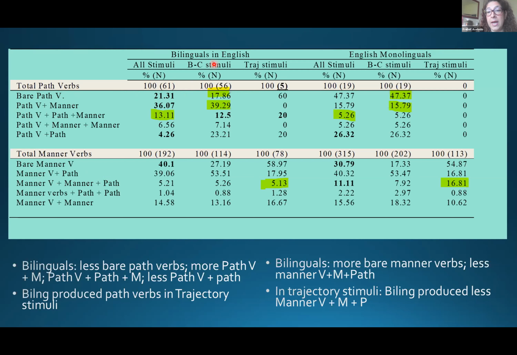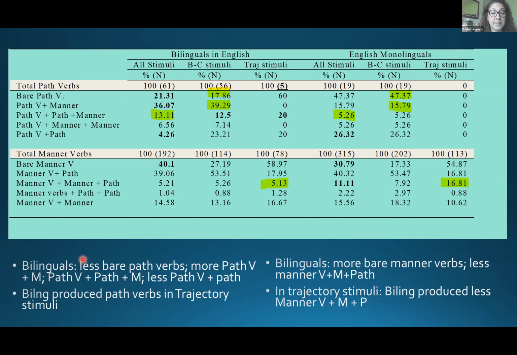particles. And here we are comparing bilinguals to English monolinguals. As I said before, this is in progress. I haven't done any inferential statistics yet, so we don't know if these differences are really significant, but they can tell you a bit of the type of patterns that we are observing in these bilingual speakers. So what I think that we are observing here is that, first, bilinguals